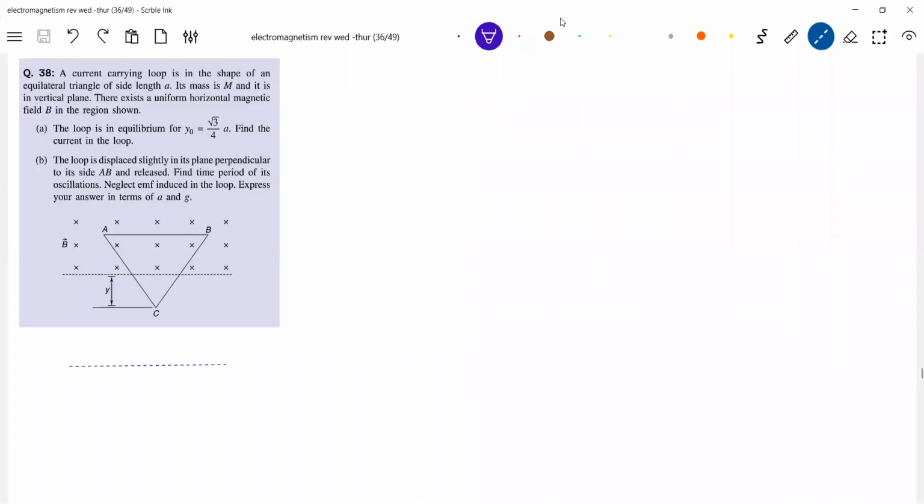Okay, read the question. Meanwhile, I'll construct the diagram. This is the triangle. We'll take it. So this is theta, this is theta. This is the line PQ, which we are interested in. So what is the distance?